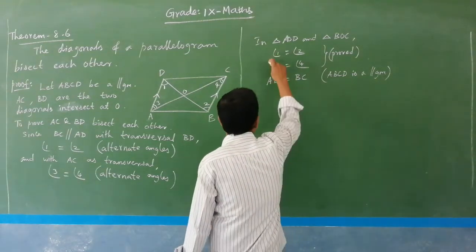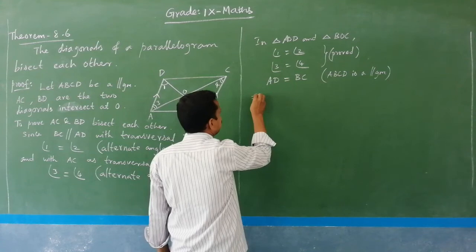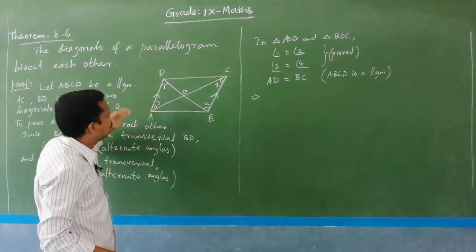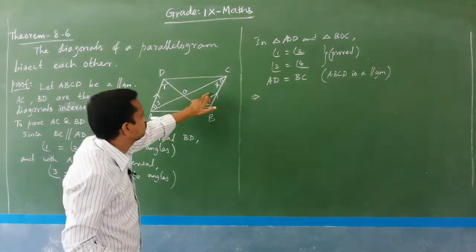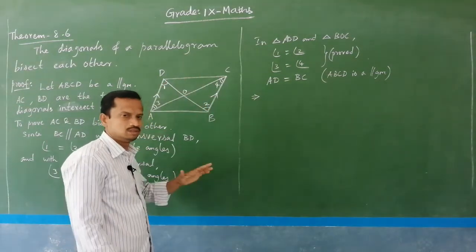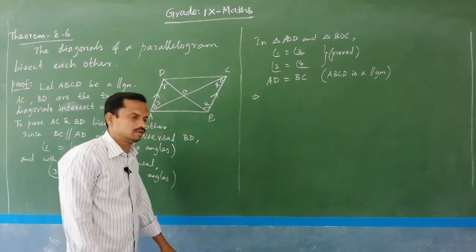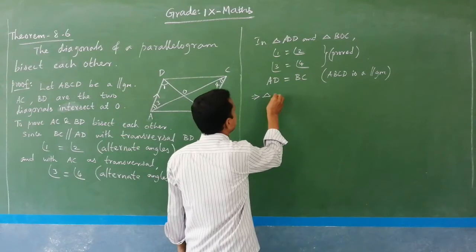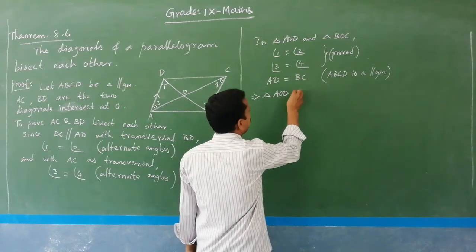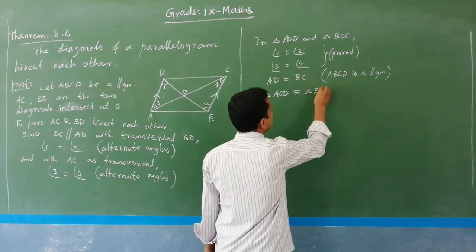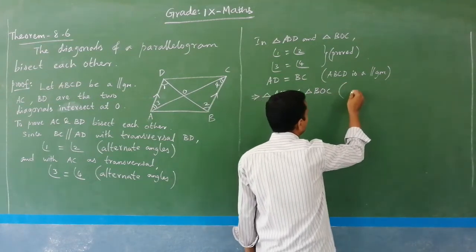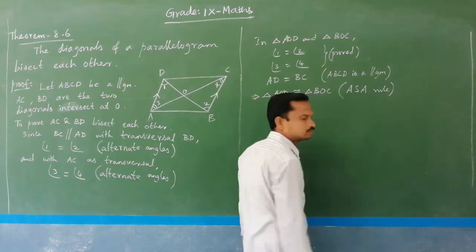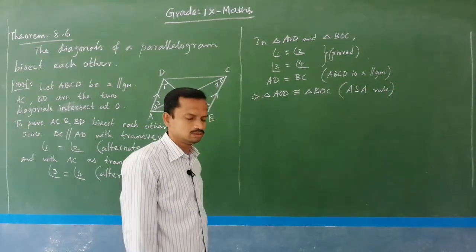So, two angles on one side. This implies, you see, in this triangle these two angles and this side, and in this triangle these two angles and that side. So, it is the included side. So, we can take angle side angle. Triangle AOD is congruent to triangle BOC by what congruence rule? Angle side angle rule. Clear? So, now we have proved that these two triangles are congruent.